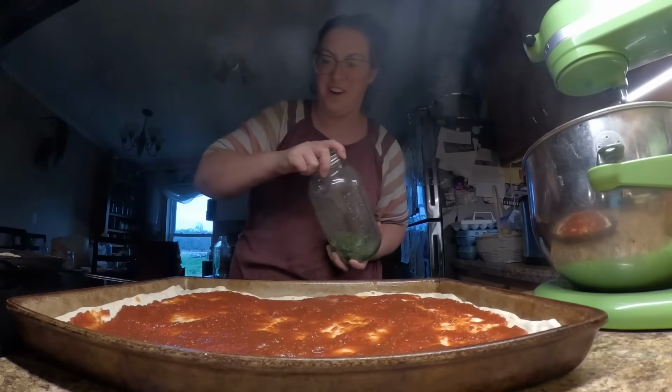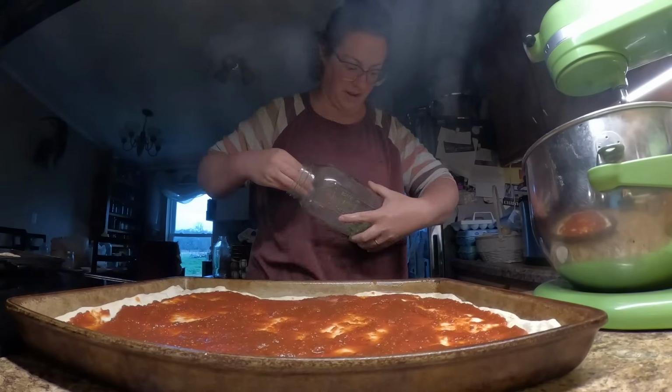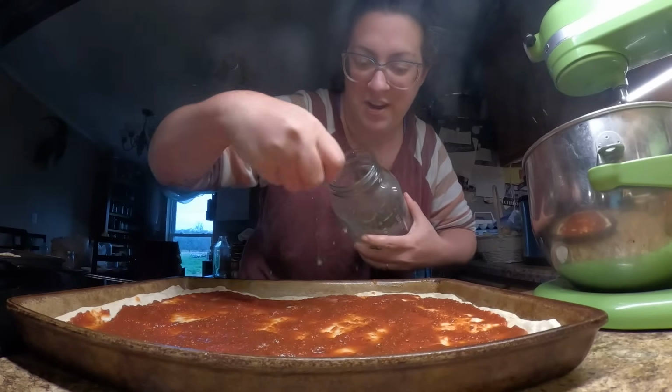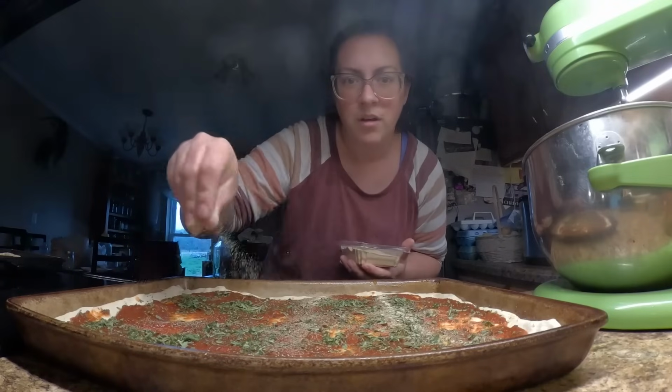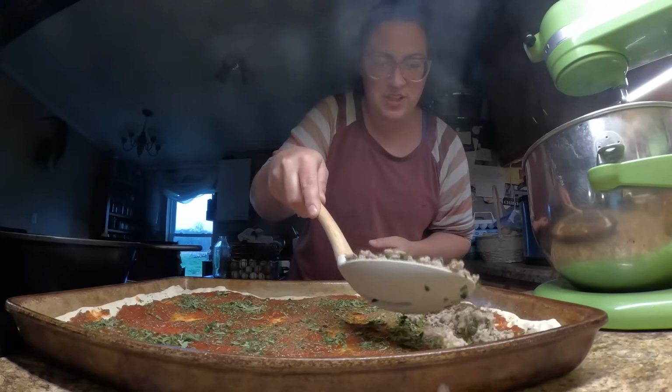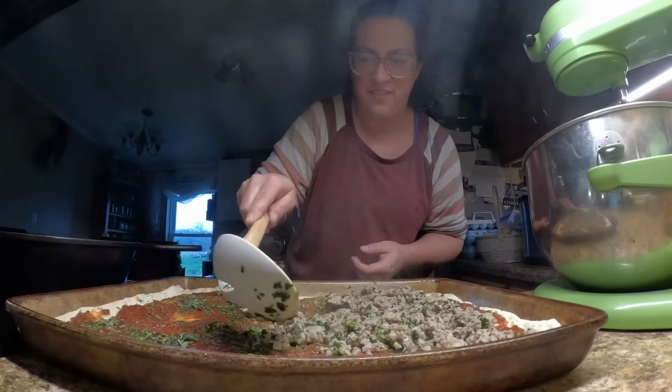Definitely running low on oregano, but it is oregano season. There's lots of it in the garden right now. I don't want to go out in the rain for fresh oregano. This is a little bit easier to deal with right now anyway. A little granulated garlic. Pork sausage that I just cooked up with some broccoli leaves that we harvested over the